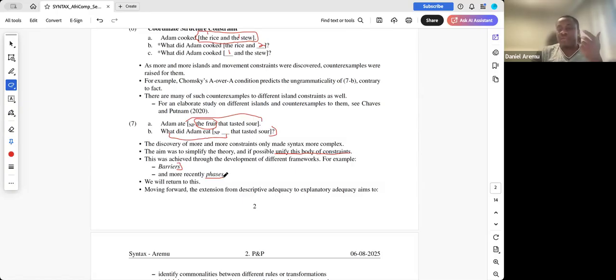These are the different terminologies or principles, or rather constraints, that generalize these sub-constraints. Okay, so moving forward,